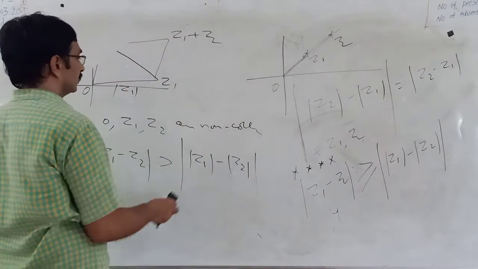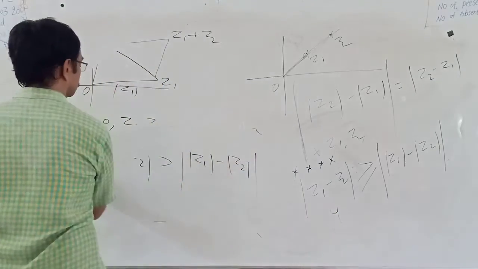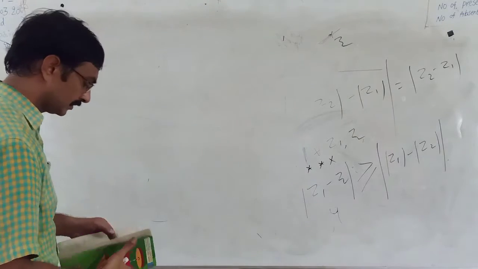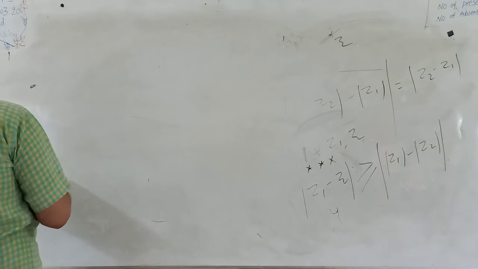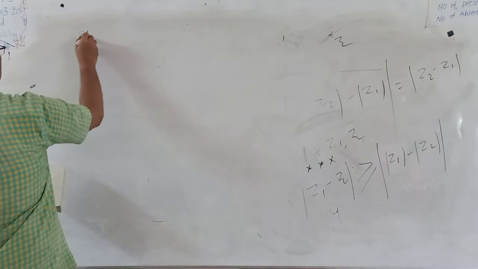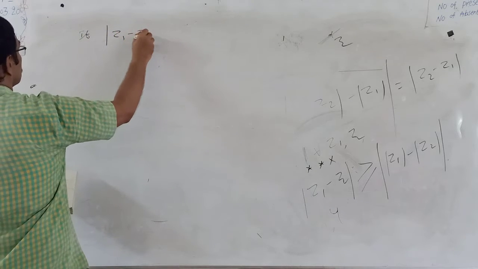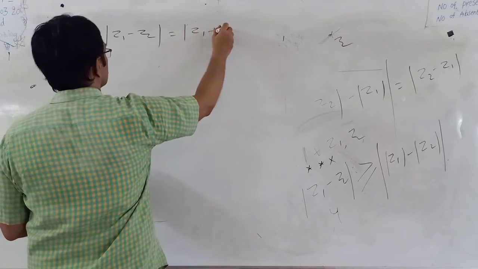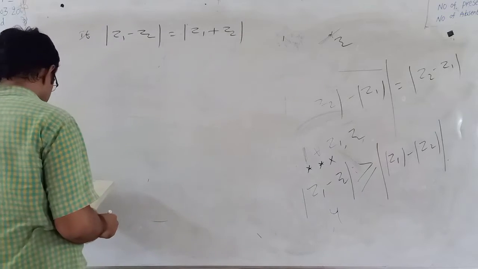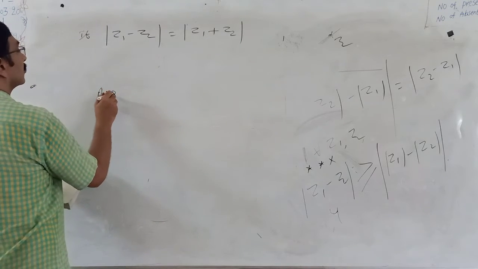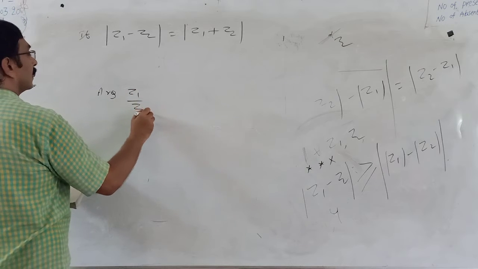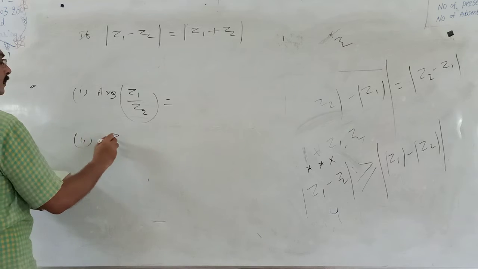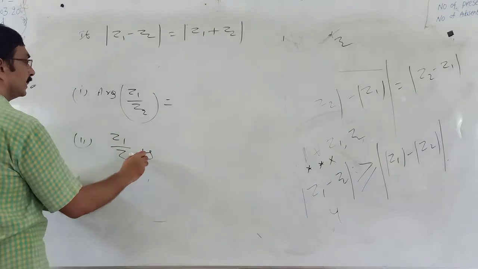So in this one, I have this one. Next application. If modulus of Z1 minus Z2 equal to modulus of Z1 plus Z2, then argument of Z1 by Z2 is,